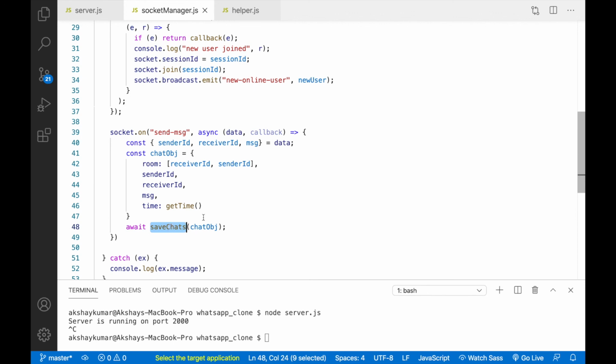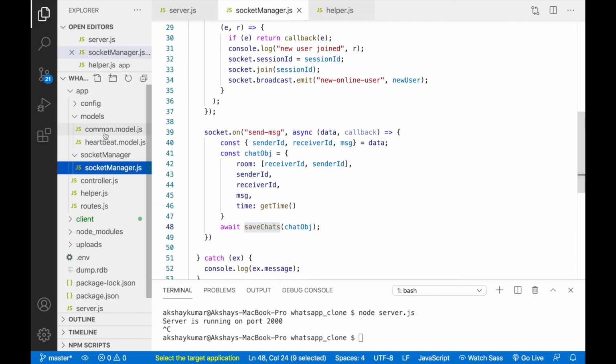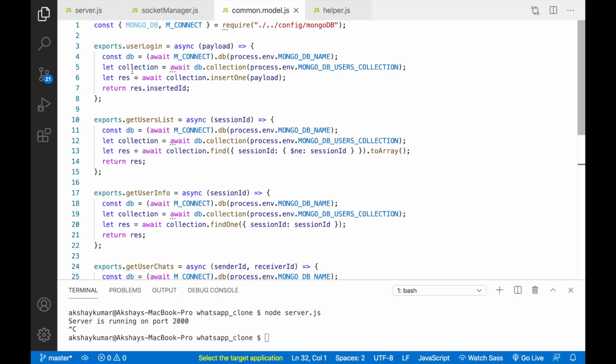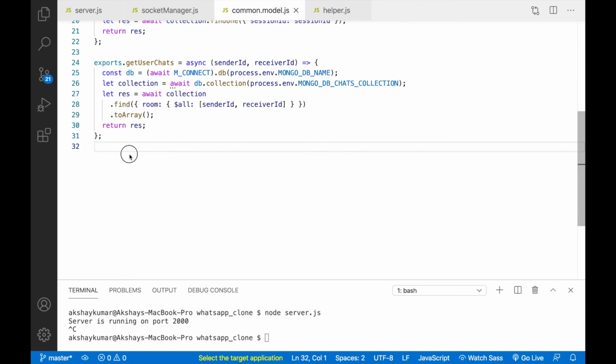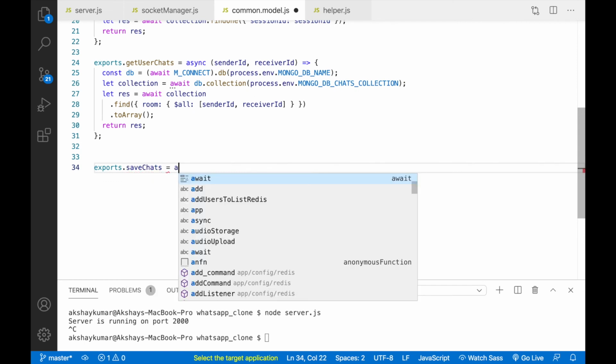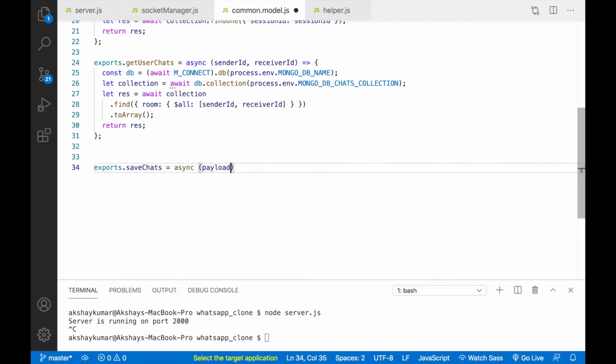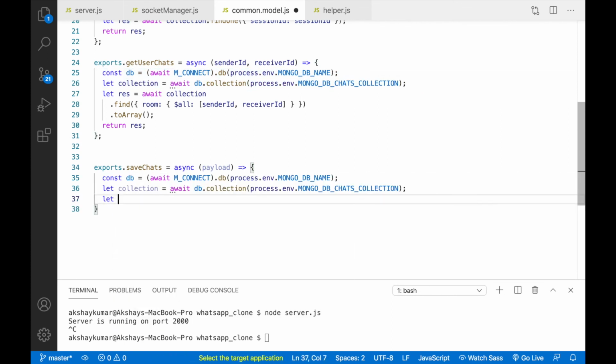So we have to go to the model, common model.js. Here we can write exports.save chat. This will be an async function which will take payload, and here we'll just copy paste these two lines. After this we'll write let res equals to await, then we'll take that collection.insertOne and payload.